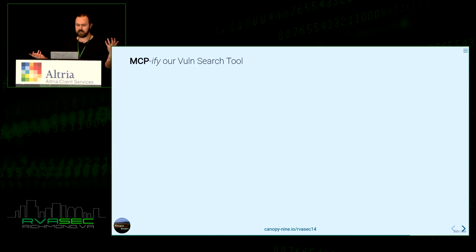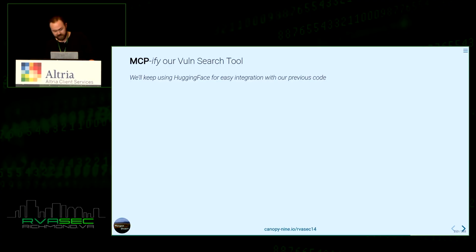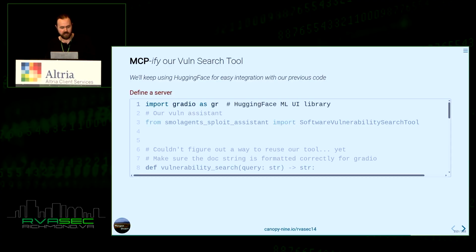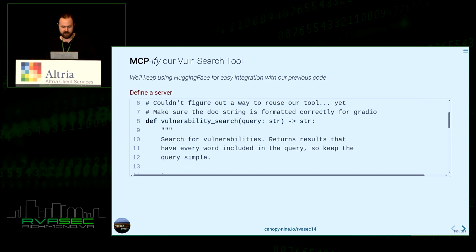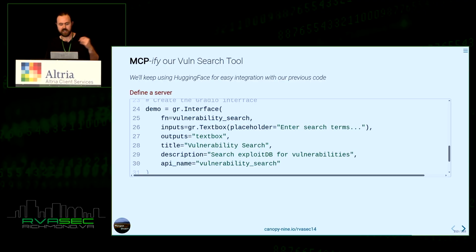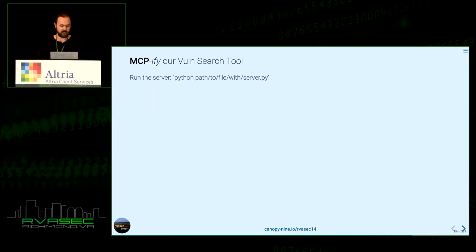So let's go ahead and MCPify our vuln search tool. These are really experimental APIs that are changing underneath our feet right now, but I was able to get it working. So just a few examples here. I've only got a few more minutes, but really all we have to do is, because their tool class didn't really work with their new MCP thing, I essentially have to wrap the previous implementation, give it to their Gradio server interface, and then we can run the server.